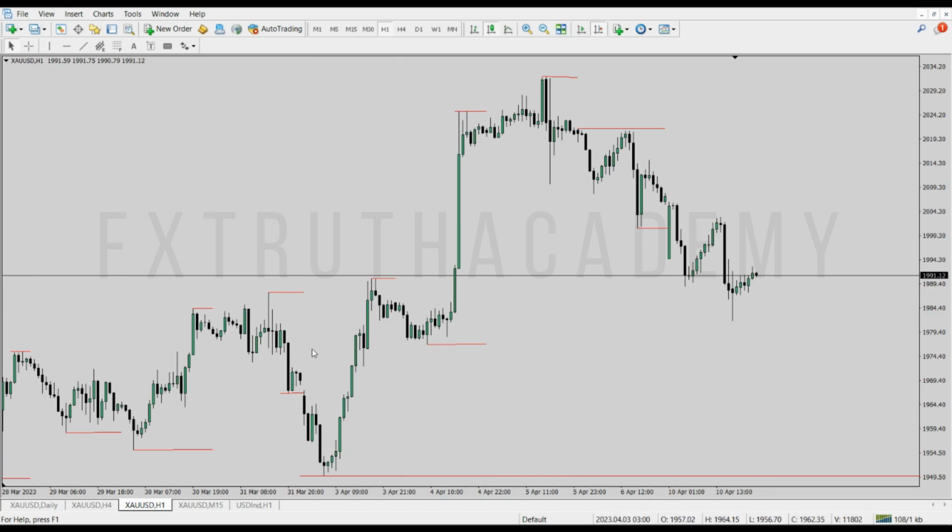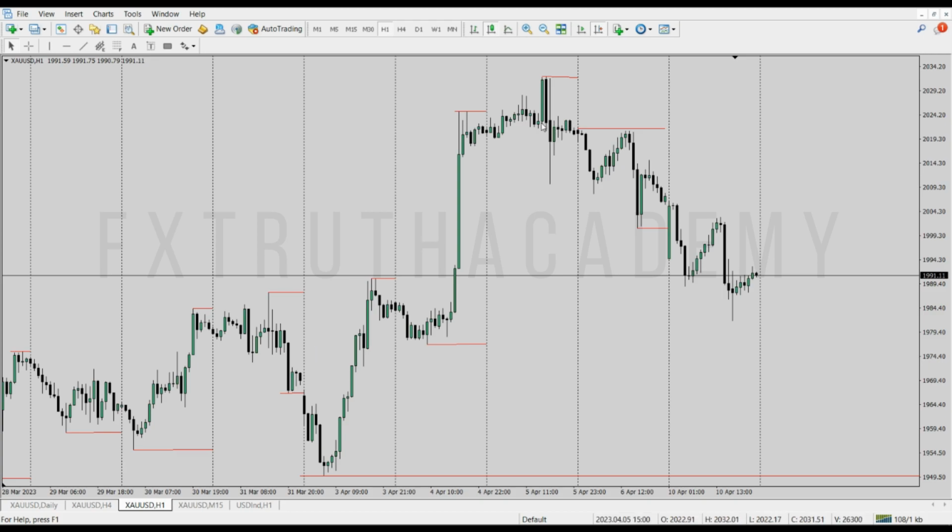Good. So this is how your 1 hour chart should be looking, and we can see that so far so good. Let me bring the period separator back on from this day all the way into this day. We've been having a sell momentum. So our bearish perspective is still a sell, and we're aiming to see if price is going to fall. But notwithstanding, this particular high right here is very significant for us on the 1 hour. If price shows a willingness to take out this particular high, then the momentum has changed, because at the time of recording we can see that at the midnight open on this particular candle right here, we saw that price tanked into